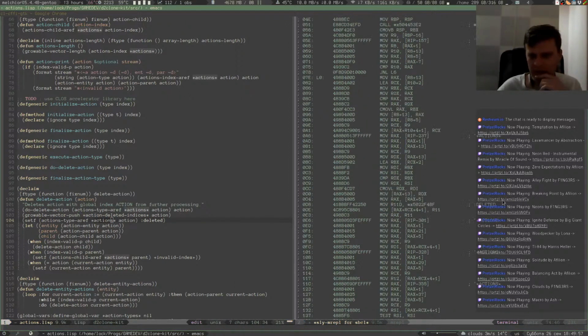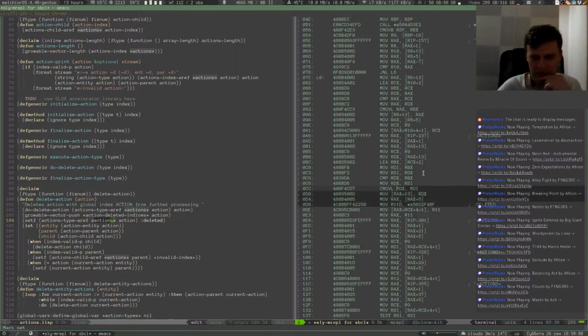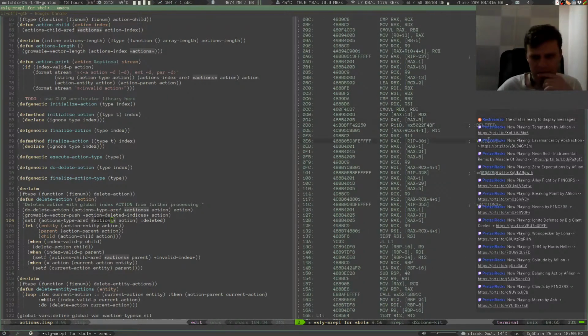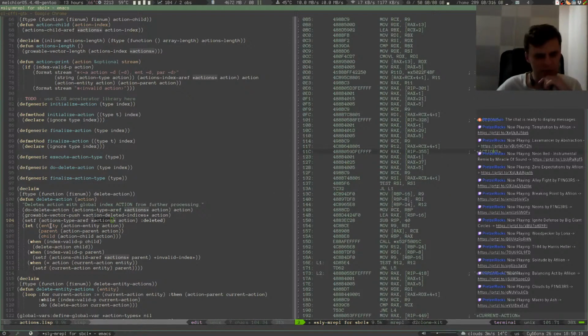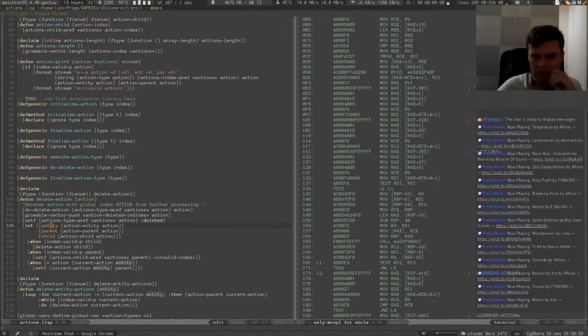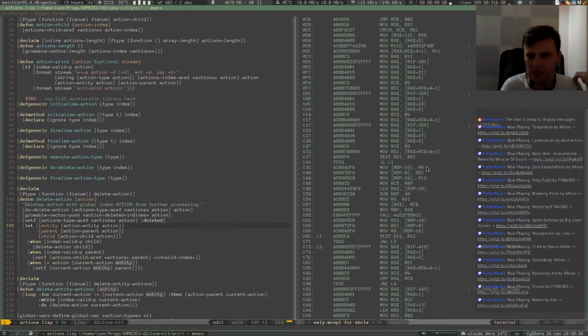Yeah, here I think we put deleted there, and now we reference it several times here. Yeah, okay. And then I guess we have all of those values, entity, parent, and child. Do we kind of need all of those? Yeah, we need all of those. So then we do some stuff with them,